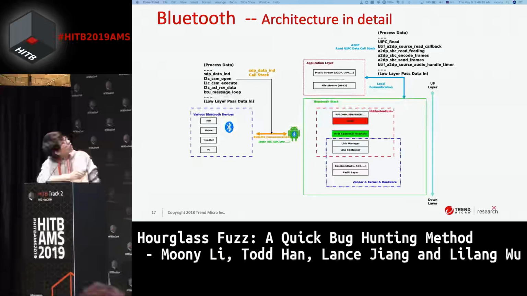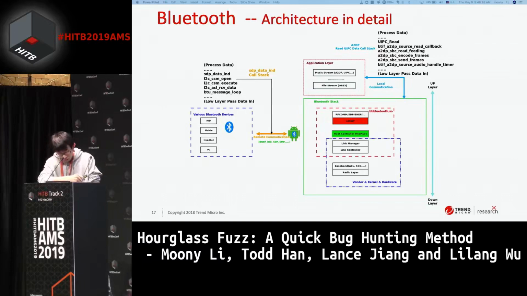So now first, let's see the application layer. All the applications that use Bluetooth are on this layer, and they are the client or server which will process the data processed in and out by Bluetooth. Usually they will get the Bluetooth service by bundle, but sometimes UIPC will be used. Here you can see that the A2DP will use UIPC when processing data, and these details will